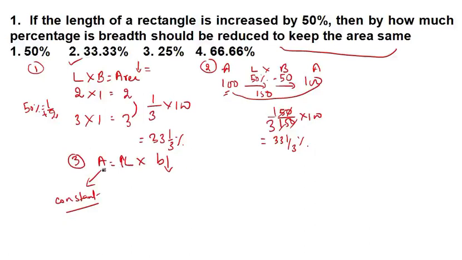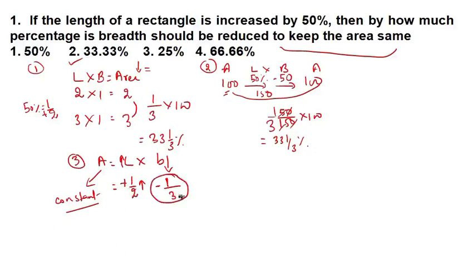But in the question it is written that the area has to be constant. So what you have to do? If one is increasing, the other has to decrease. We know that the length is increased by 50%. 50% means 1 by 2, right? It is increased by 1 by 2. Now to maintain the area constant, the other has to be decreased. So this is plus, you just write minus. Minus is the decrease sign. The upper numerator you write as it is, and 2, this is a plus sign, so just add 2 plus 1, 3. So this is your answer.